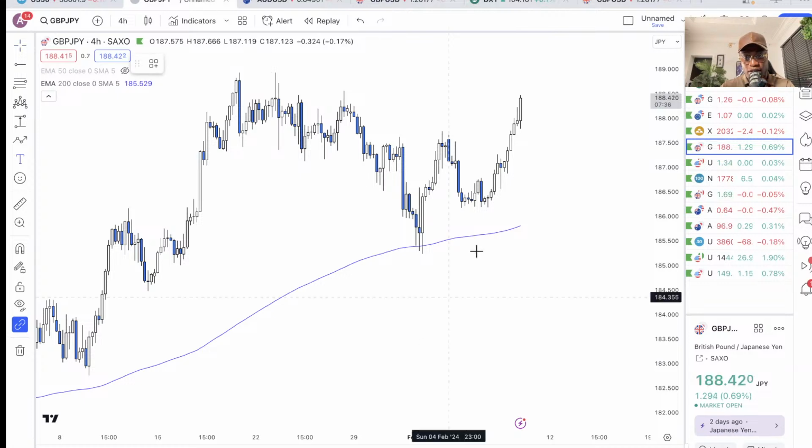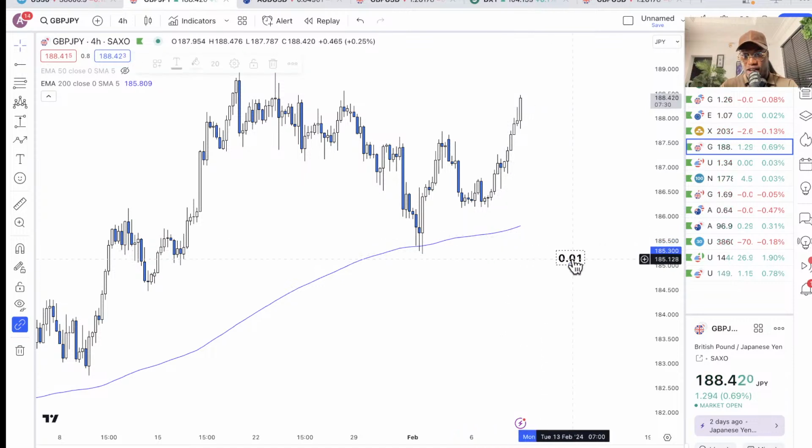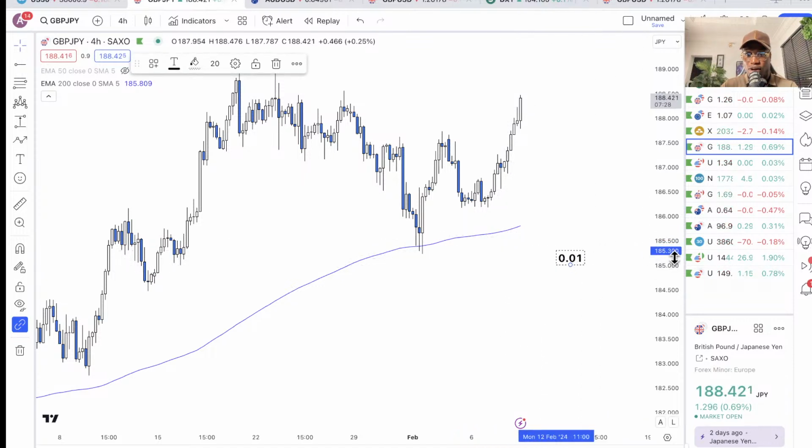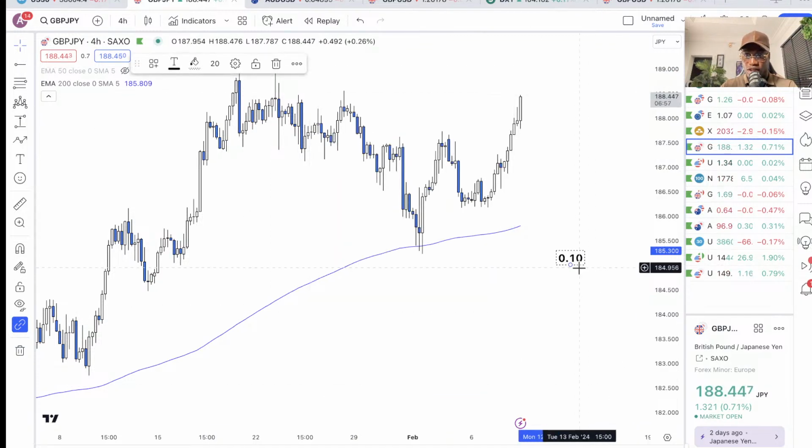So for JPY pairs, the formula for calculating 1 pip is 0.01, which means that your calculation comes at the second number after the decimal point. So if we have here 185.300, it means that for every 1 pip move, you're going to get 185.31. 2 pips would be 185.32. It goes for up and down. If it goes down, you subtract. If the market goes up, you add. Okay, but the formula remains the same, 0.01. For 10 pips, that would be 0.10. Okay, so you see it's different.